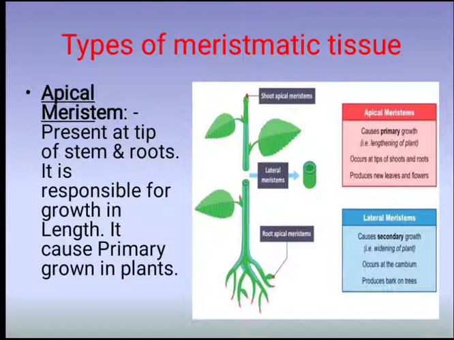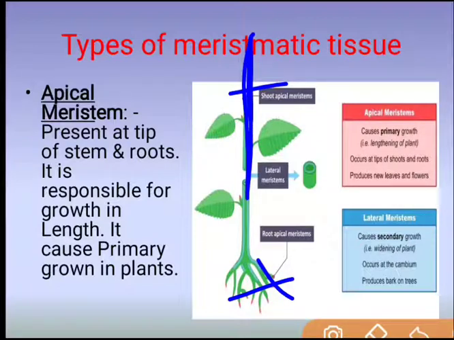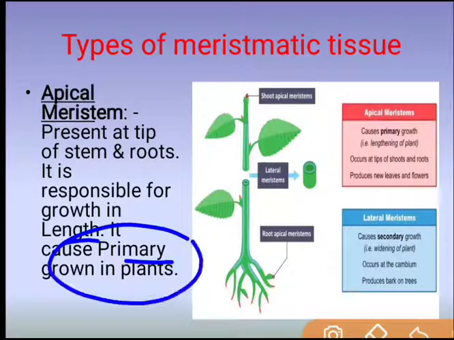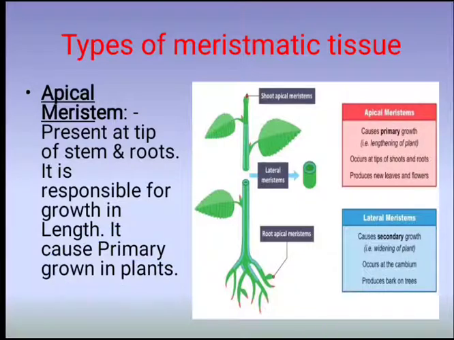As you can see, it is present here, at the shoot apex and the root apex. So if they are continuously dividing, it is responsible for the growth in length of the plant. Growth in length is also known as primary growth. You can see in this diagram also, apical meristem causes primary growth, meaning lengthening of the plant occurs at the tips